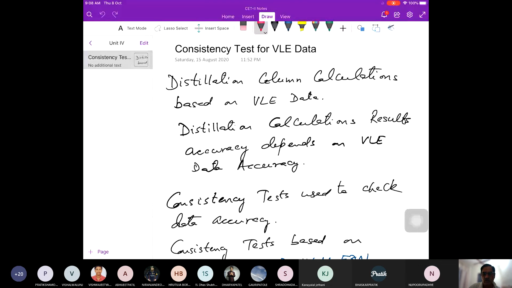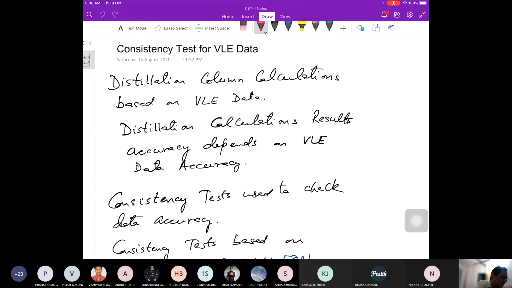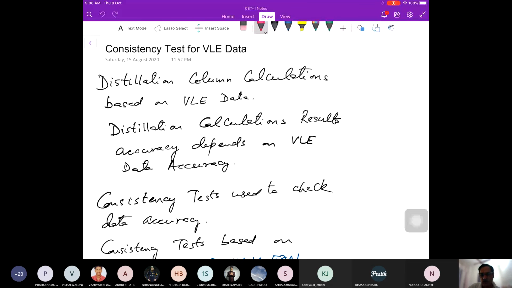Okay. So the consistency test is essentially a test of thermodynamic data which we collect in the lab, and we need to do that test to find out whether the data which we collect from experiments satisfy thermodynamics or not. Essentially the Gibbs-Duhem equation. Distillation columns are generally based on VLE data, and we have been looking at VLE so far